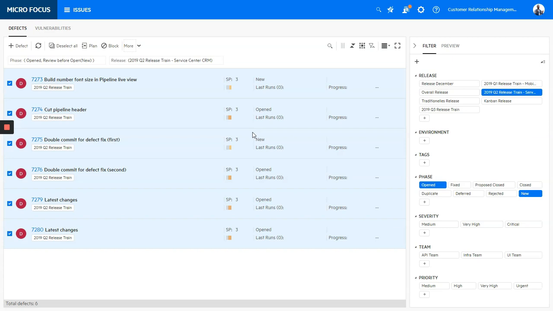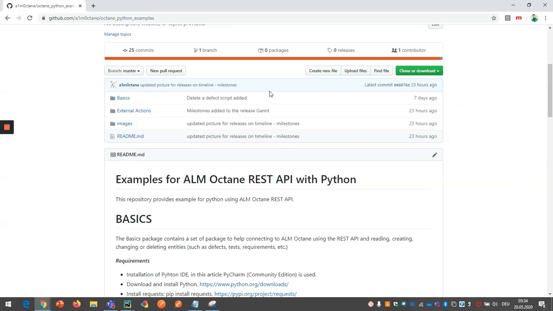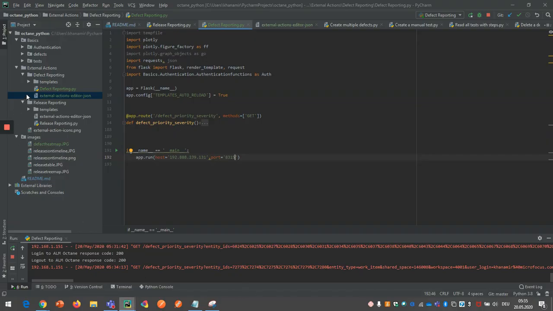But now let's see how you can implement this graph into your ALM Octane solution. Again, we come back to this Python repository, where you will find under external actions the code which I will just commit. And so you will find a code for defect reporting. Under the defect reporting folder, you have here the defect reporting itself, where you just need to copy this function